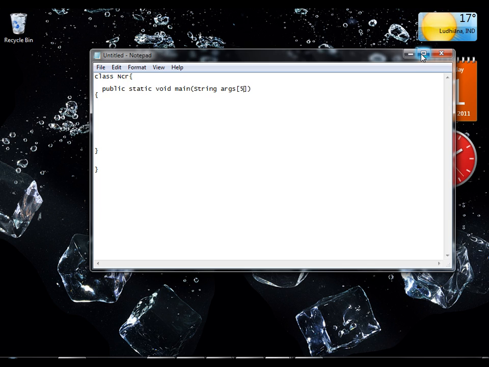Okay, but we are not supplying any length to this array. There is a reason. I'll tell you later. For the time being, what we need to do is perform some actions, some tasks, so that we can know how to make a basic Java program. Now let's say I have to print a message that hi, I am Mac and you're all welcome to NCR India. For that I have to